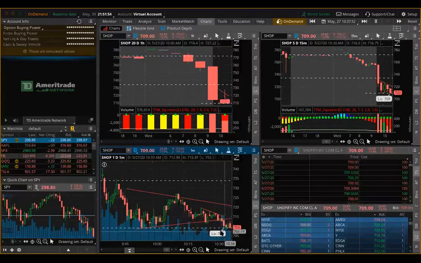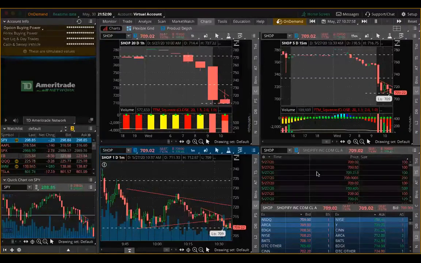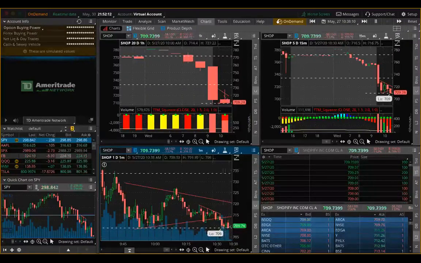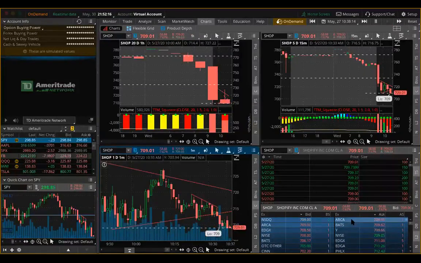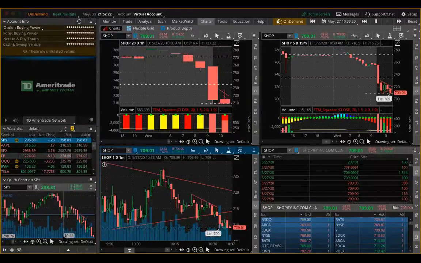I want to be in puts, but I still want this to break below 709. It's holding, right? You guys see how crazy it is that these buyers are keeping this level? So why enter prematurely, right? If we do get a clean break below this level and they're holding it like this, it's going to be epic. But we need confirmation. What's SPY doing? You always need to be checking what SPY is doing. SPY is still dumping.